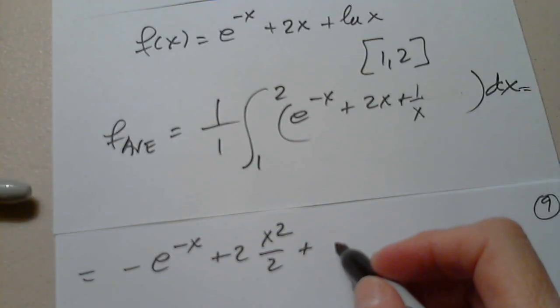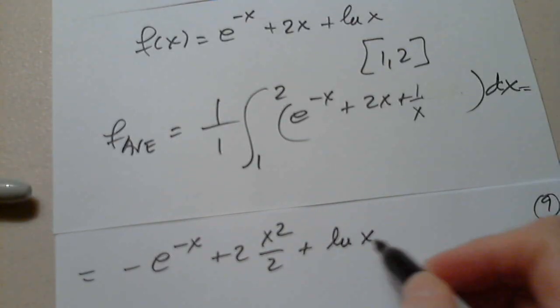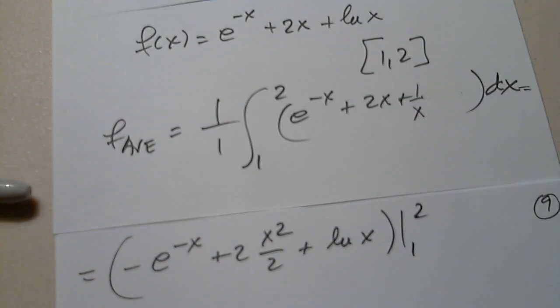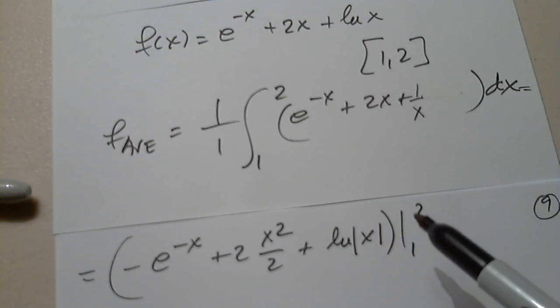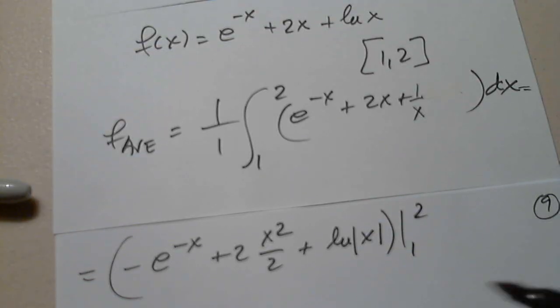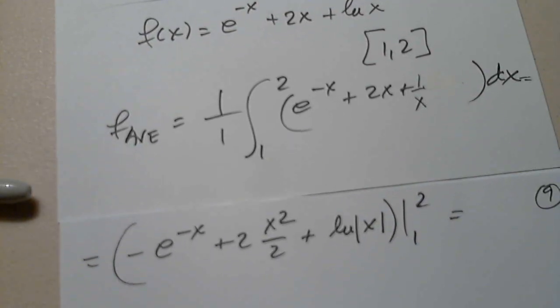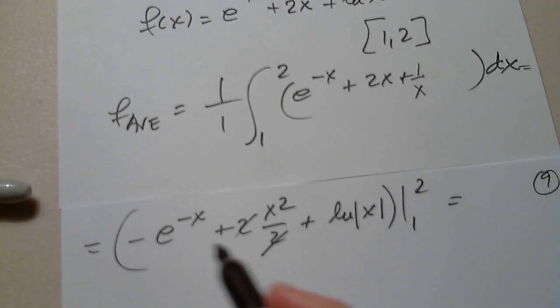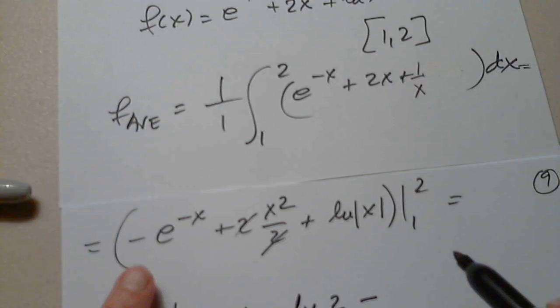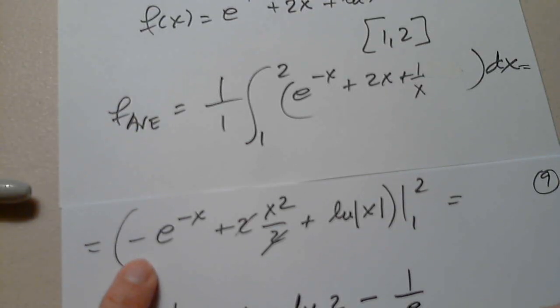Good. So then plus natural log x. Okay? From 1 to 2. We know the natural log, of course, the absolute value, but it's 1 to 2, so it will be positive. But so natural log of absolute value prime is 1 over x. Good. So now what I have to do is plug in 2 everywhere. Negative 1 over e squared plus 4 plus natural log 2 minus, when I plug in 1, 1 over e